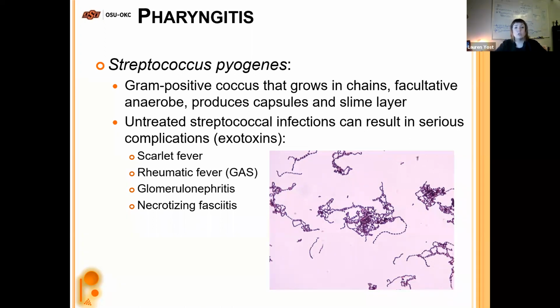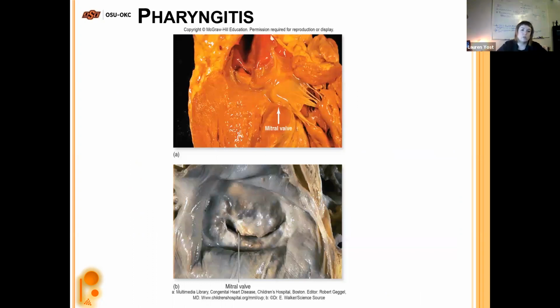Untreated strep can result in scarlet fever, rheumatic fever, glomerulonephritis, and necrotizing fasciitis. That's flesh-eating bacteria, okay? That's where we learned about this previously in the skin diseases area. So you don't want to be one of those people who is particularly susceptible to one of these more toxic versions of Streptococcus pyogenes, because necrotizing fasciitis is no joke and can be deadly, can lead to shock and even death. So this is just a depiction of some effects on hearts that is caused by inflammation associated with strep infection, particularly